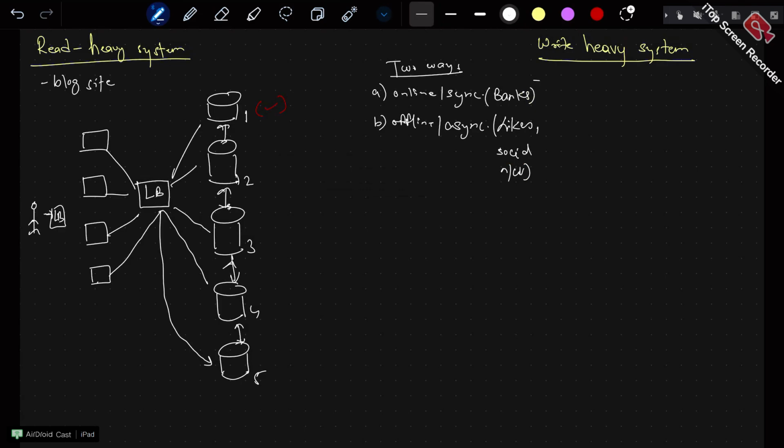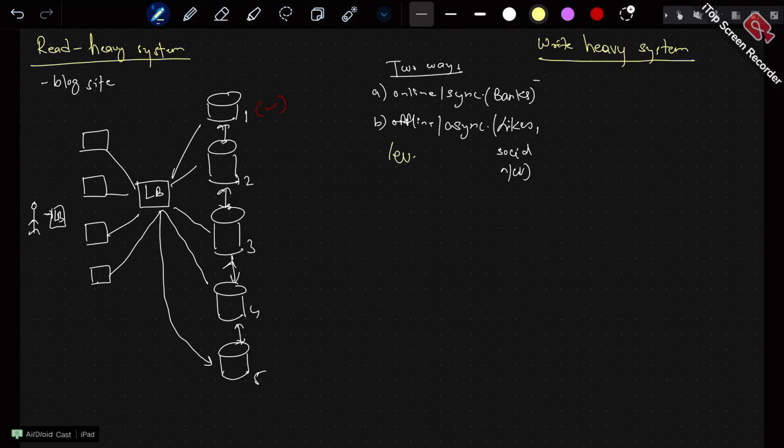And an offline or async mechanism would be needed in the case of social networks where you won't be needing that much consistency. You might see this in LinkedIn a lot. They use an async mechanism a lot. In LinkedIn you might see a post that has this many likes, and after some time it just vanishes away. You refreshed, it did not reflect, all this is the async mechanism. That does not mean that your database will never be consistent.